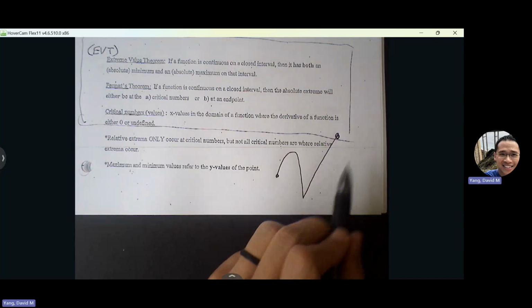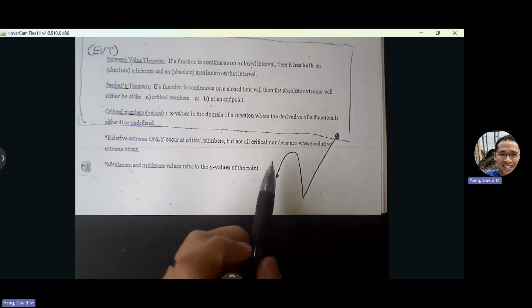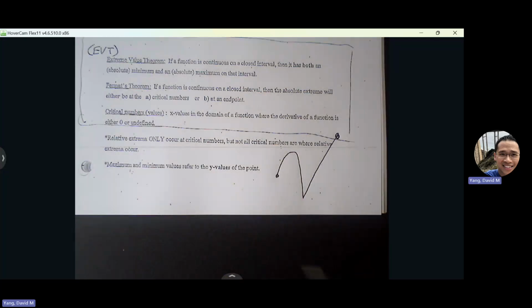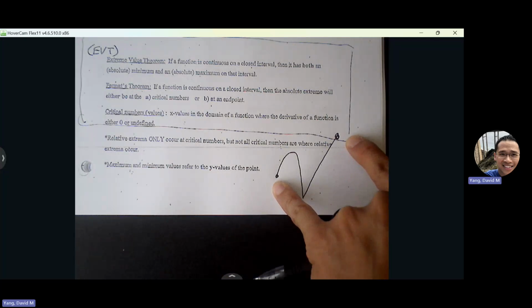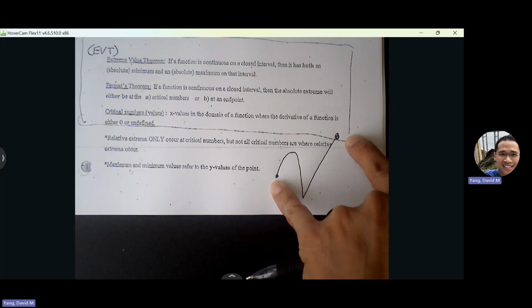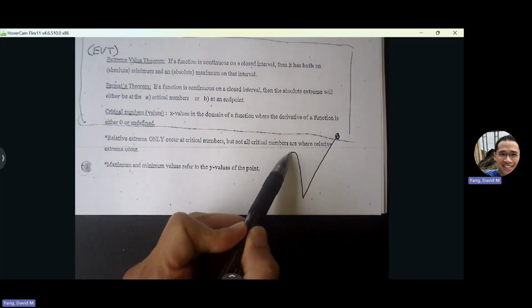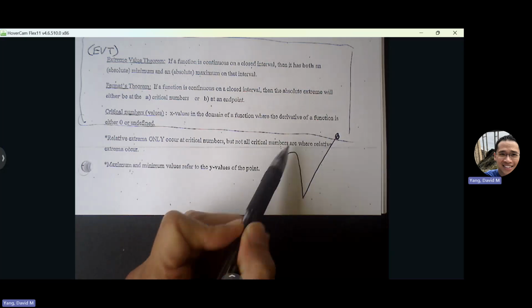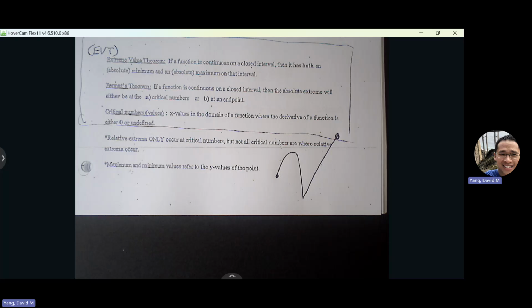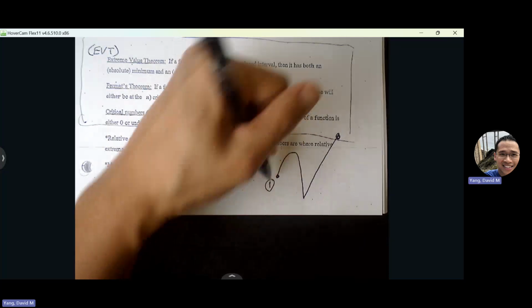So let's say a graph looked like this. The only candidates that can end up being an absolute max or absolute min are your endpoints, right? You can imagine endpoints being the highest and lowest points. And then also places where there's a slope 0 or slope undefined. These are the only candidates that can ever end up being the highest or lowest on the graph. So that's why we only have to worry about these points. So we'll have to worry about the endpoints